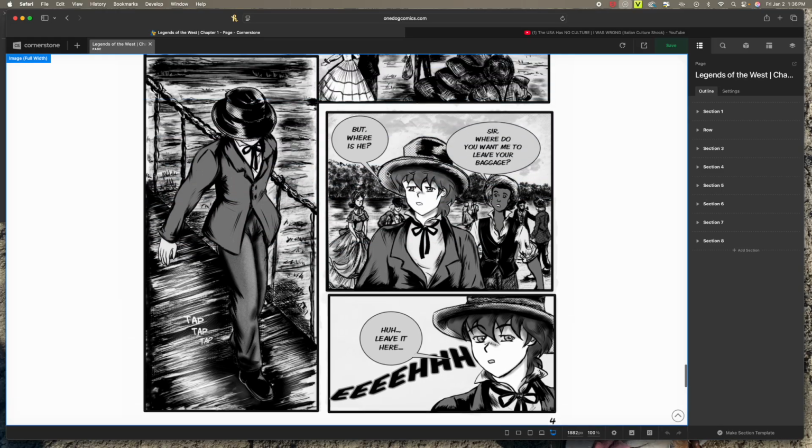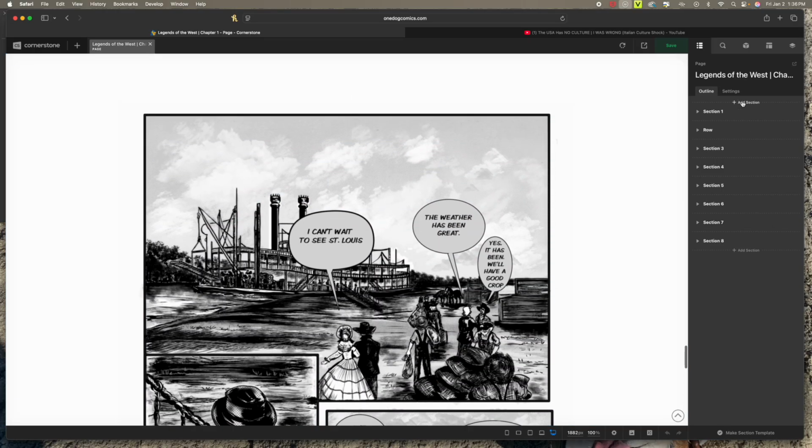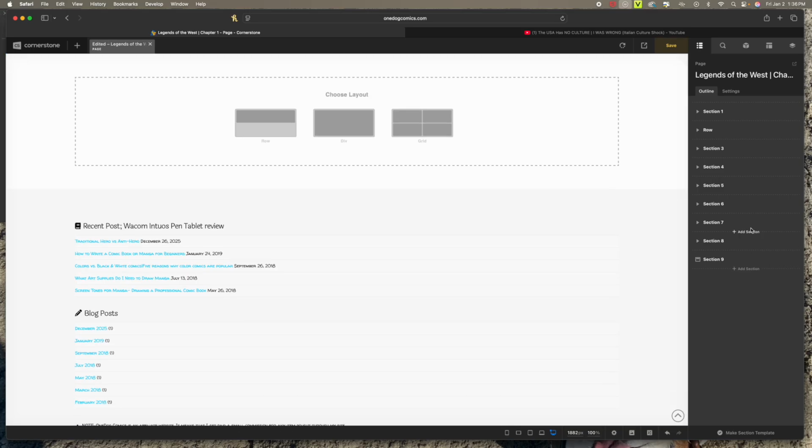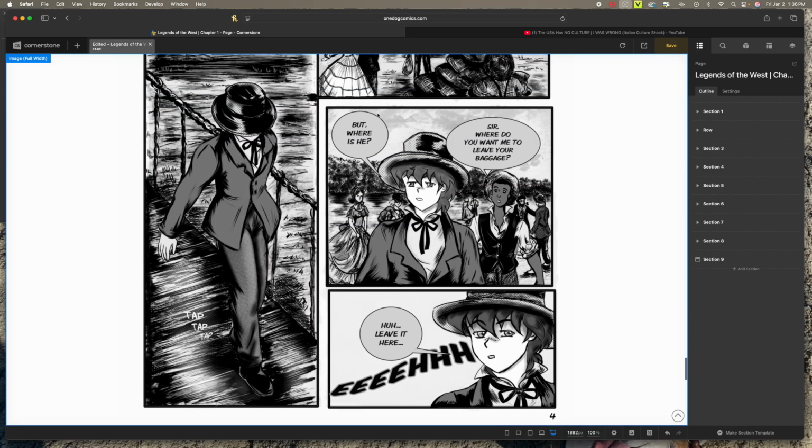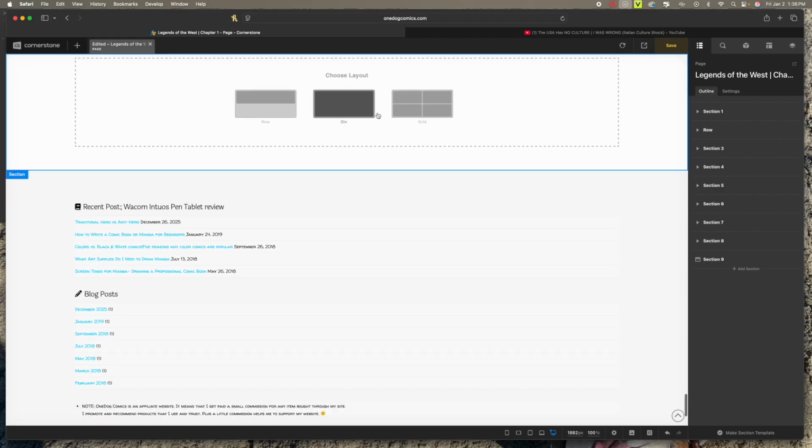So, this one is Section 8. See here, Cornerstone is basically this. It gives you Cornerstone right here, all these elements, settings and outlines to build your page. So what I do basically is you add a section here, and voila, it shows right here, and it gives you a choice of layout. So to add a graphic novel page, like I did previously, like for this one, you click on